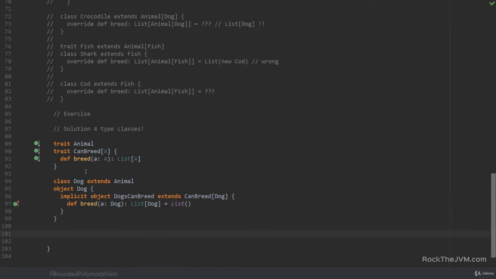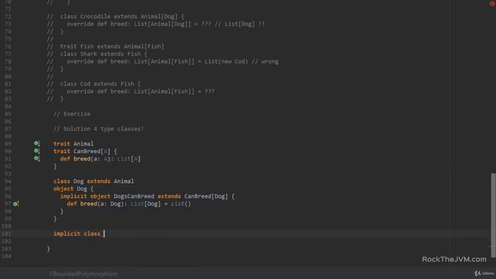So if you remember now from the type class pattern, we already have 2 of the 3 steps completed. We have the type class description and the type class instance. Now we are left with the 3rd step, which means converting Dog to some implicit class, which has a method which can receive an argument of this guy as an implicit parameter. So let's define an implicit class.